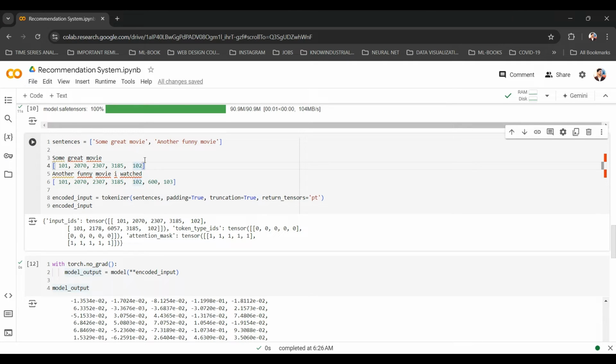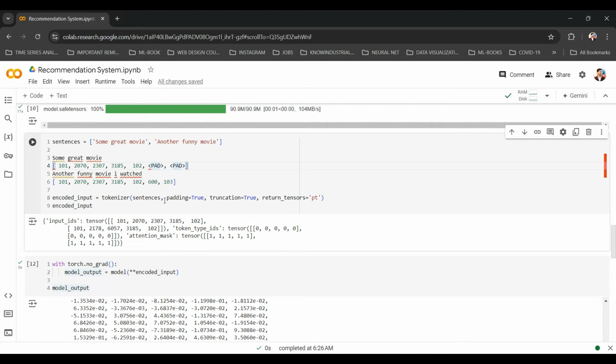So we need to match this length. What will our tokenizer do? It will add padding. It might not look exactly like this, but basically it will pad it to make it the same length. It will add some particular tokens that are paddings, that are not actual conversions of the words. It is just padding to make sure that both the lengths are equal.